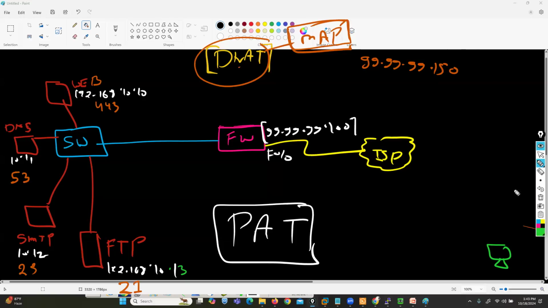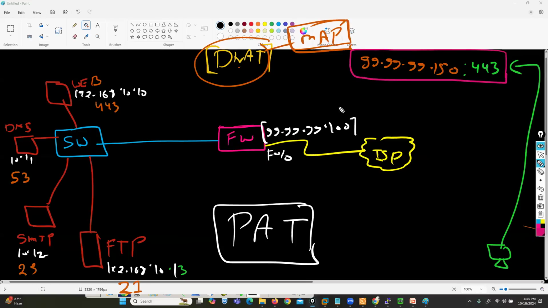This time, when this outside machine will hit on this public IP, and if this request is for port number 443, so as per your DNAT configuration, your firewall will redirect this traffic on web server. Or